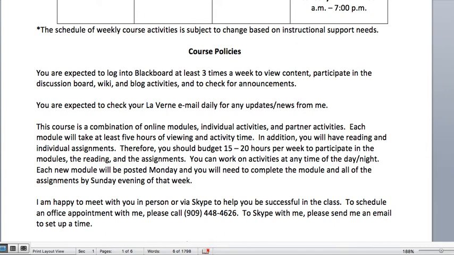And because we're condensing it, you need to budget a minimum of 15 to 20 hours per week to watch the modules, the videos, to do the reading and the assignments. The nice thing is you can work on this at any time of day or night. I will have each module up early on a Monday morning, and then you need to have things done by Sunday evening of that week.